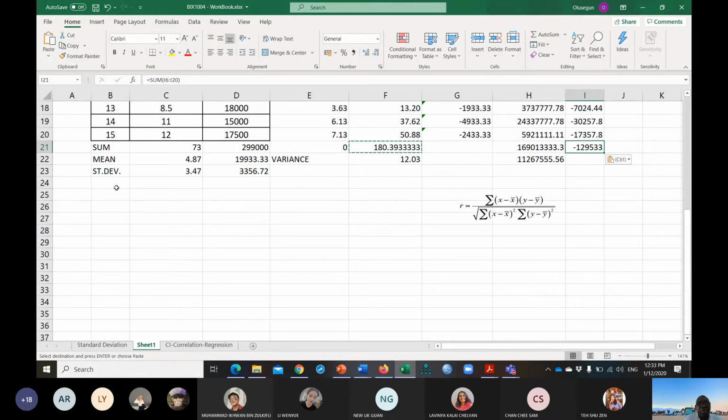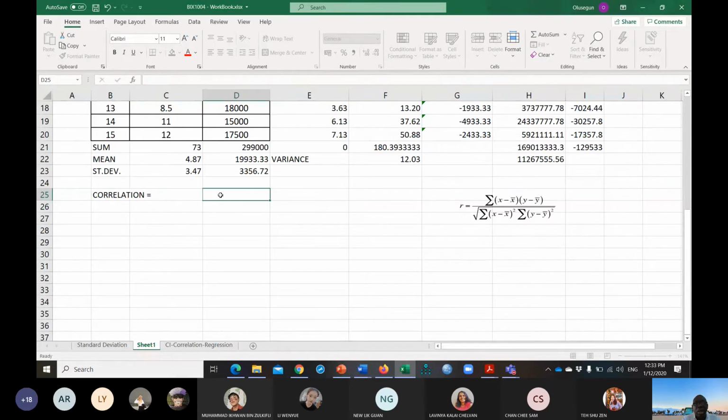So the correlation now, R, will equal this total divided by this. And because of this square root sign, I've gotten the square root of this, I've gotten the square root of this. So I can multiply this together and use it to divide this. So this will be equals